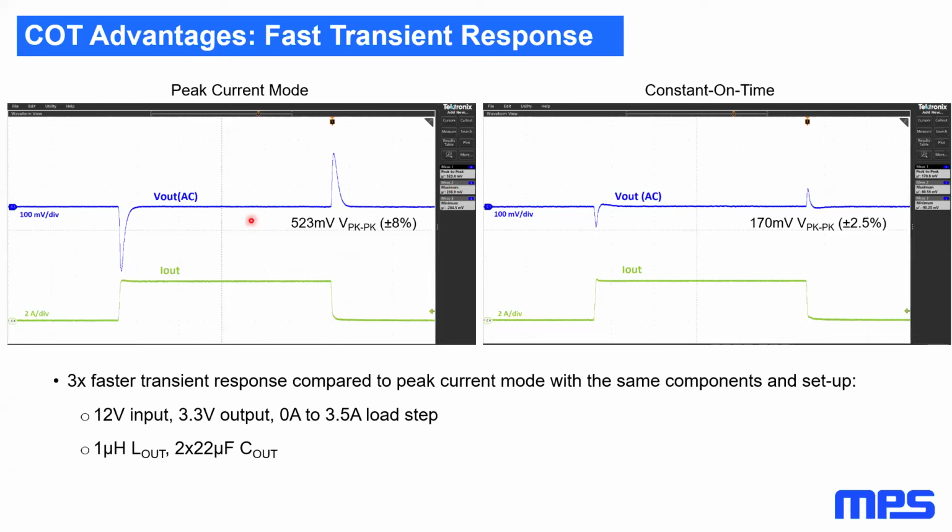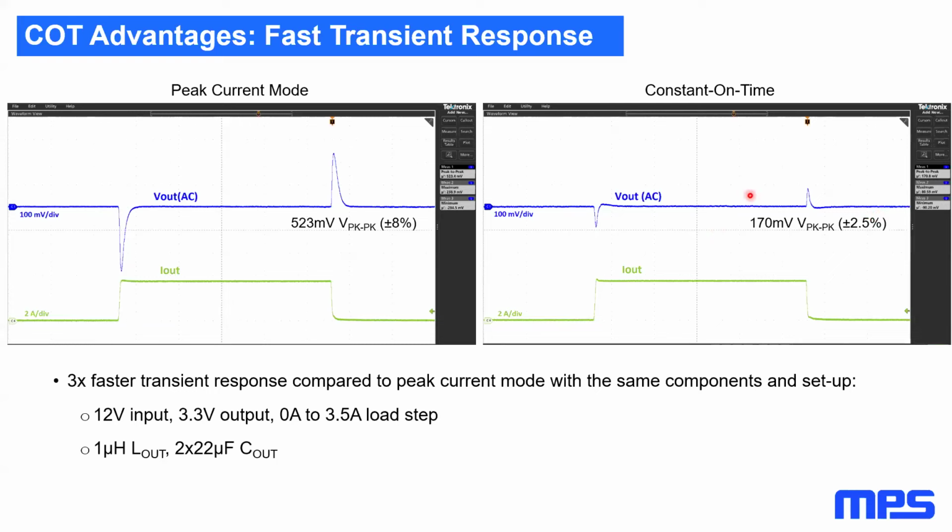transient performance. With the peak current mode, we were achieving about an 8% variation from our reference voltage, our desired output, and during the transitions in the load current, we saw a peak-to-peak difference of 0.5 volts, more or less, so an 8% variation. When we switch to the constant on-time, the fact that we don't have to wait for this clock signal means that we can deliver the energy faster, so this energy doesn't have to come so much from the capacitors, so we reduce this peak-to-peak voltage difference down to